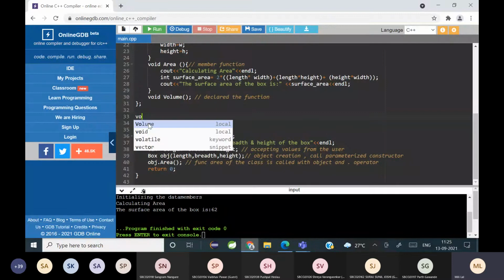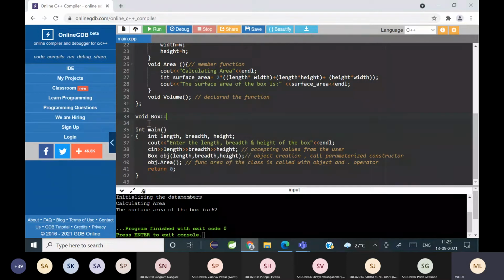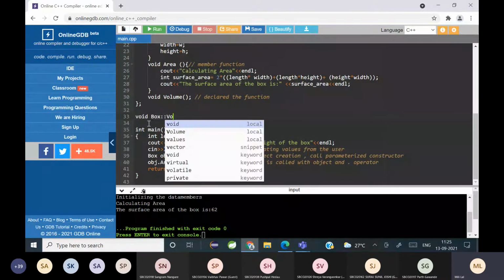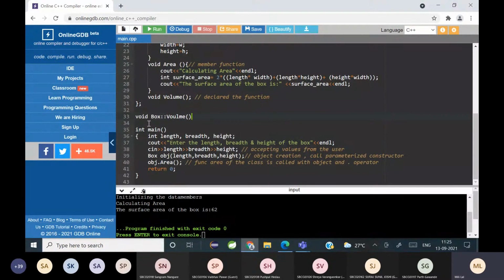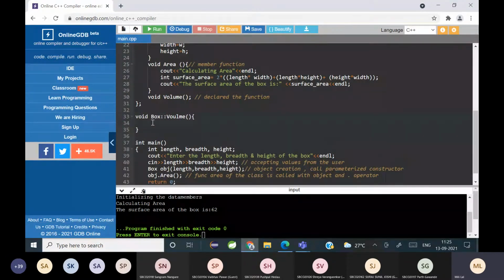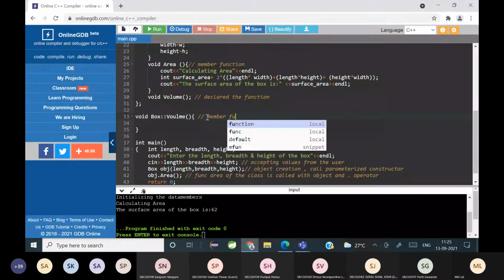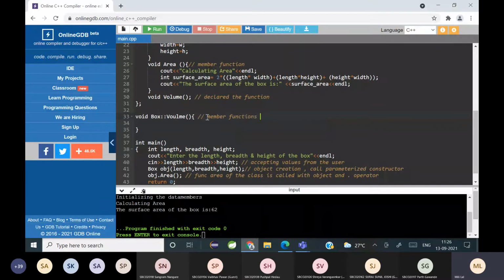At that time it will be written in this way: void, my class name is Box, then the scope resolution operator followed by the function name and brackets. This is how you write member functions outside the class.